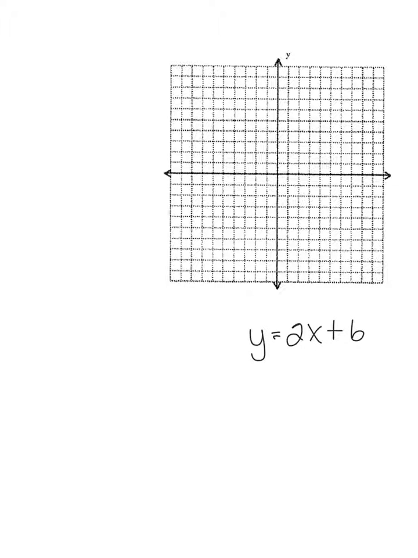The next would be to take a line in slope-intercept form and graph it. Slope-intercept form is very convenient because it gives you your y-intercept, so where the line crosses the y-axis, and it gives you your slope right away when it's in this form. So simply count up 6 on your y-axis